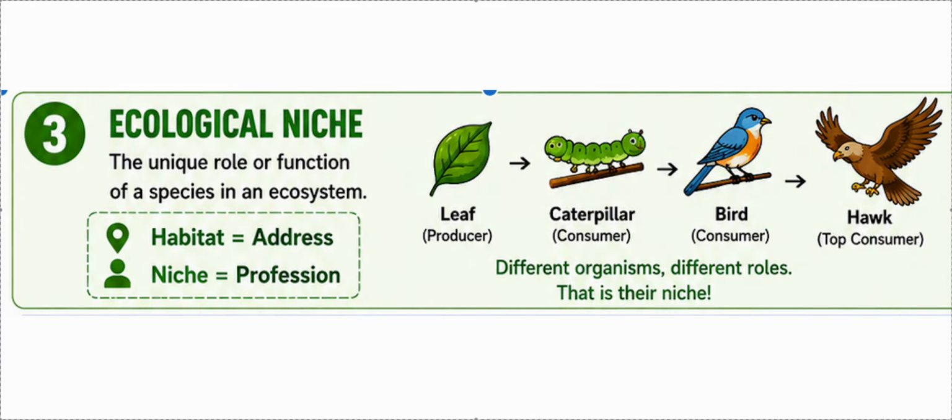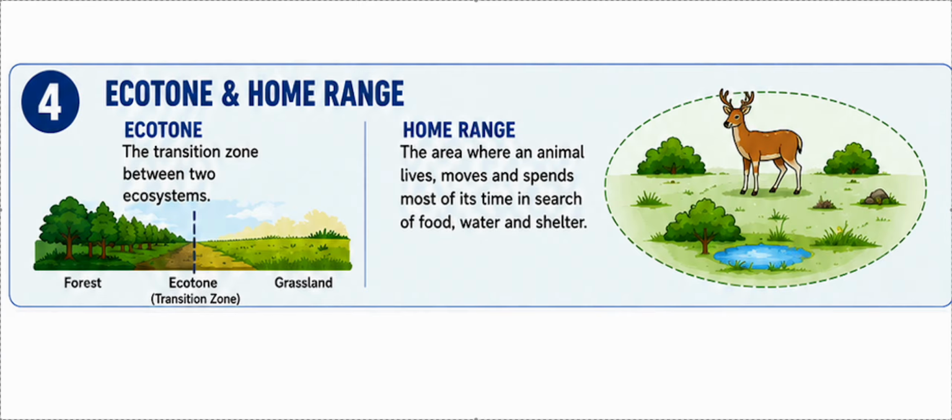Okay. So moving on to the next one, ecotone and home range. Ecotone, the definition is transition area between two ecosystems. In ecotone you can see ECOTONE. You remember this T, this TONE, and memorize it as related with transition. So ecotone means transition area between two ecosystems. As an example, think of the shoreline. There is sea on one side, land on the other. The beach in between is the transition zone.